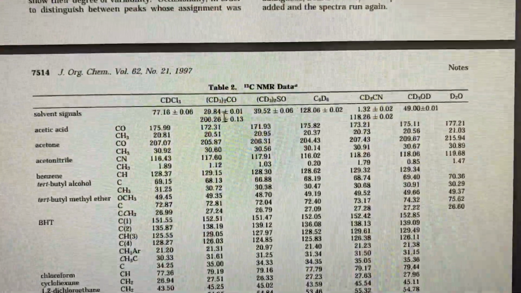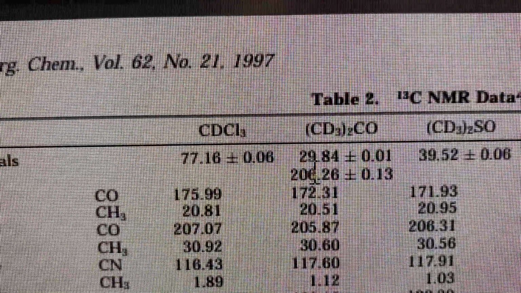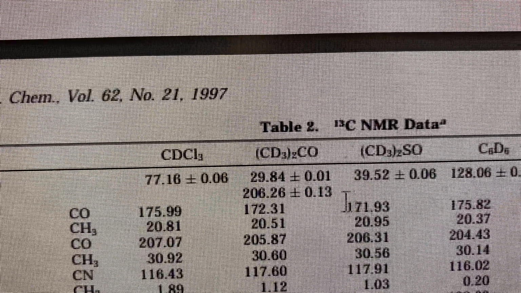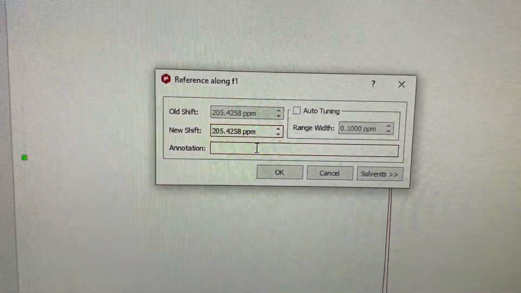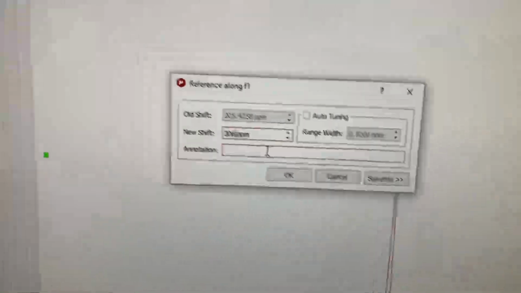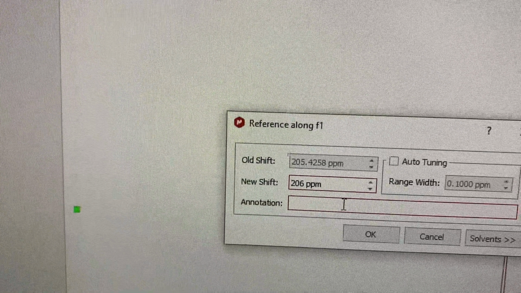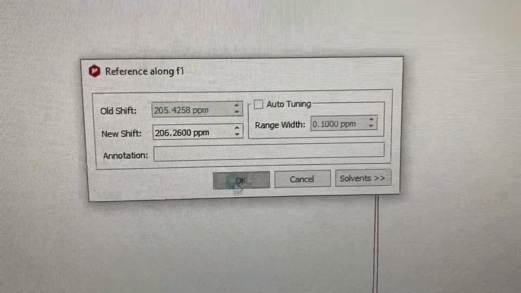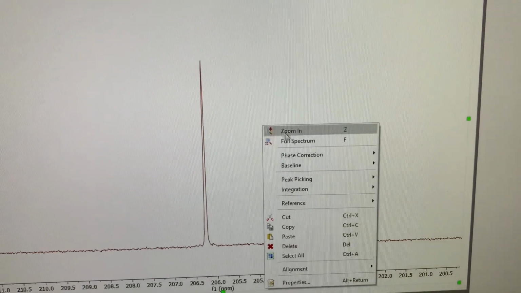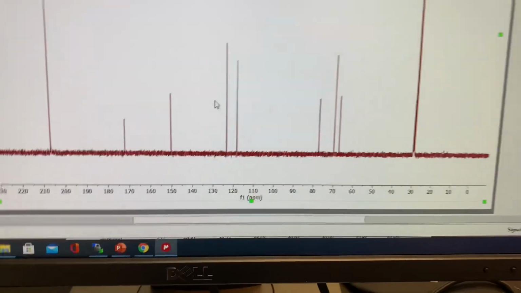So solvent signals acetone, so it is 206.26 plus minus 0.13. So I normally put 206.26. So I will select 206.26 and I will click OK, and then right mouse click, full Spectra,